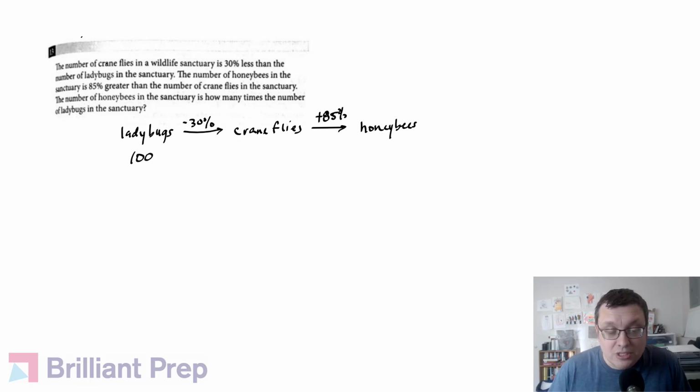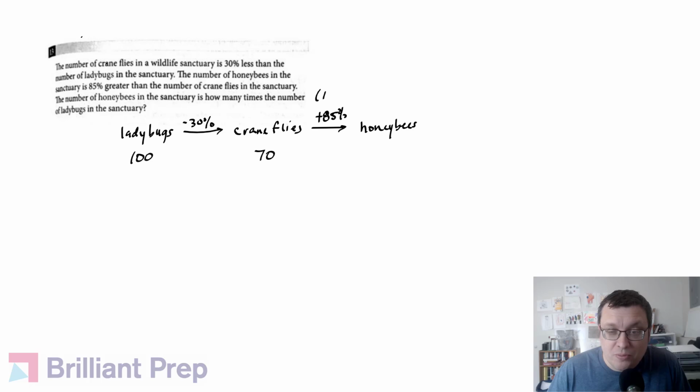So let's start with 100 ladybugs. You could use anything, but I like starting with 100. Usually makes the math a little bit easier. So it's 100, and then we're going to reduce that by 30% to get the crane flies, which will be 70. Now we're going to take the number of crane flies and we're going to increase it by 85%, and